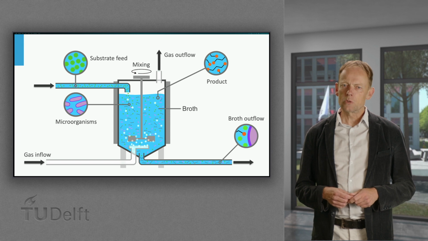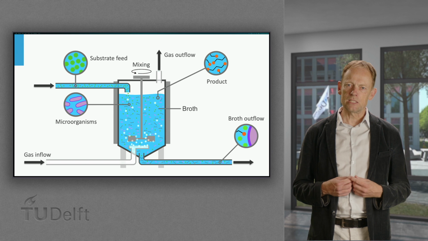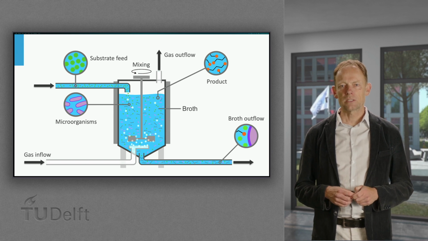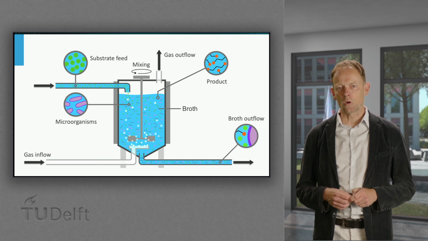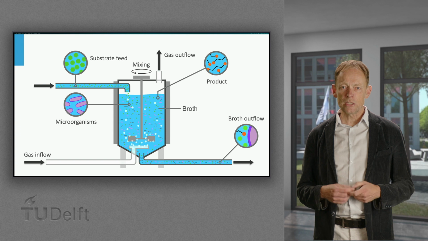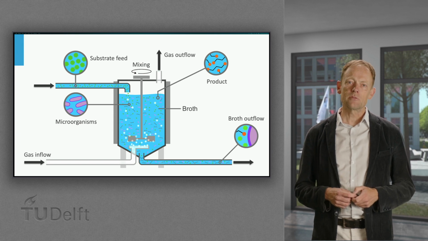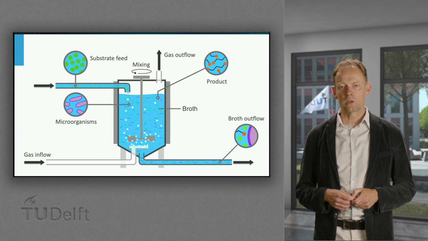For this course, we usually assume that the inputs and outputs are constant and we have a steady state within the reactor. This applies to the chemostat mode of operation, in which the state and chemical composition of a bioreactor is kept constant by continuously adding fresh medium and removing unreacted nutrients and products, keeping the reaction volume constant.